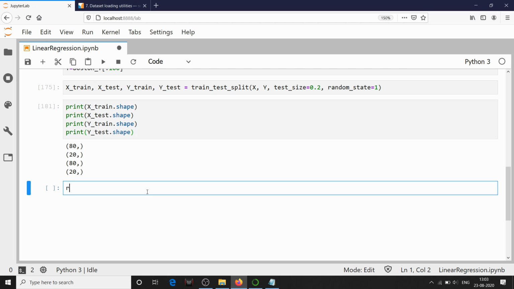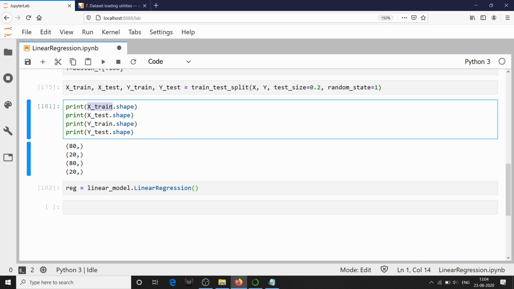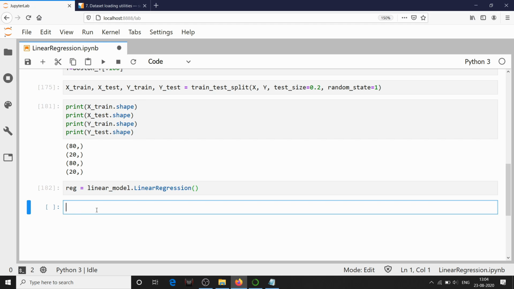So I'm naming the machine learning model as Regression REG. So this is our model. Now we have created our model REG. We are going to train it based on the training dataset we have, X train and Y train. So we are going to fit it